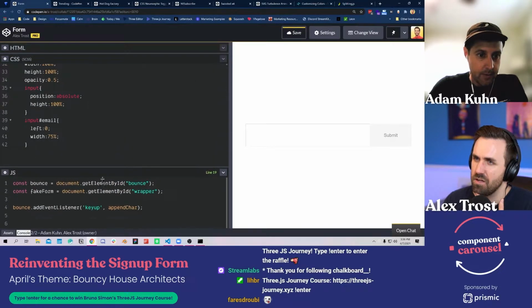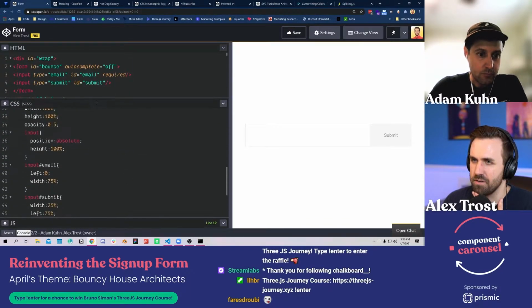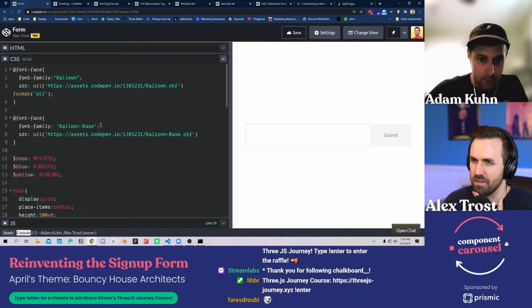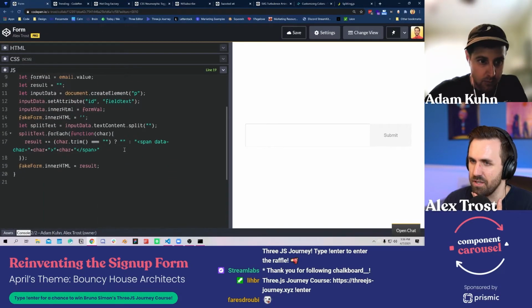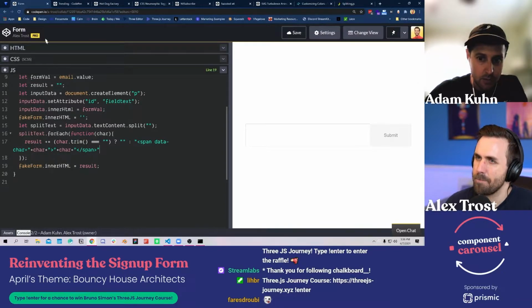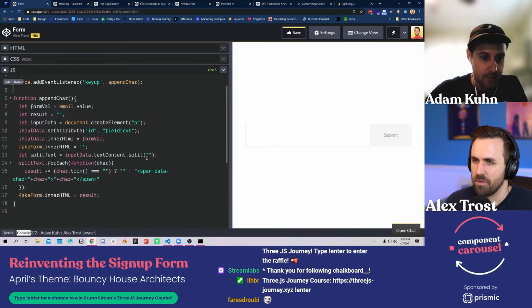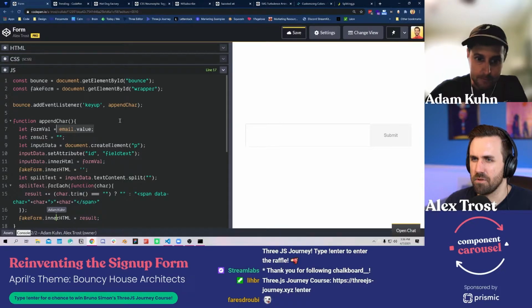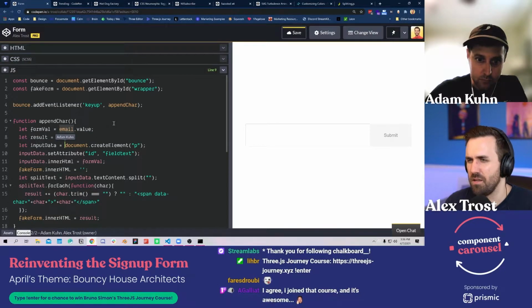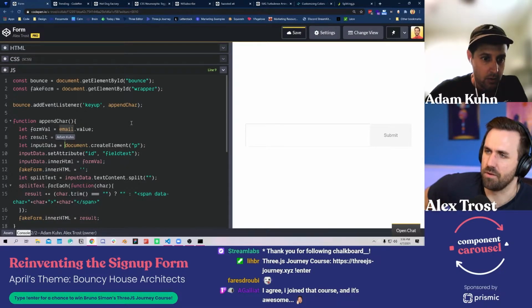All right. So where are you at now? I'm trying to find your little marker. That's one thing about the CodePen collab that's tricky. Where are you? Down in the JS. Okay, cool. Sorry, where's email coming from? Hold on a second. Sorry if I'm jumping the gun.